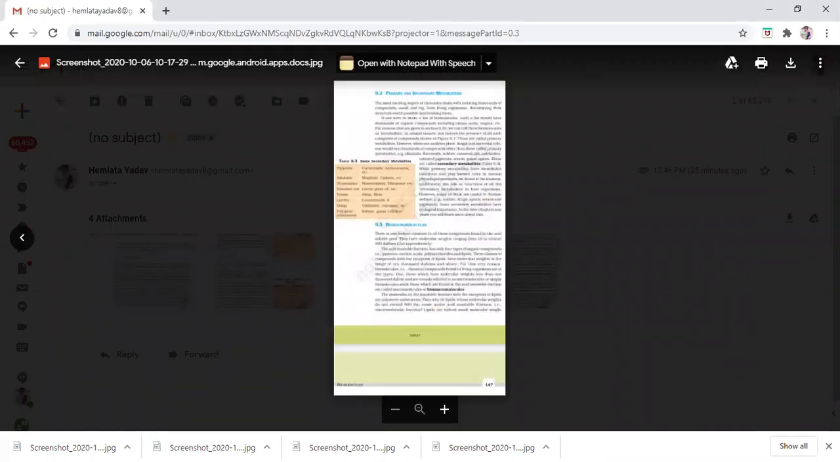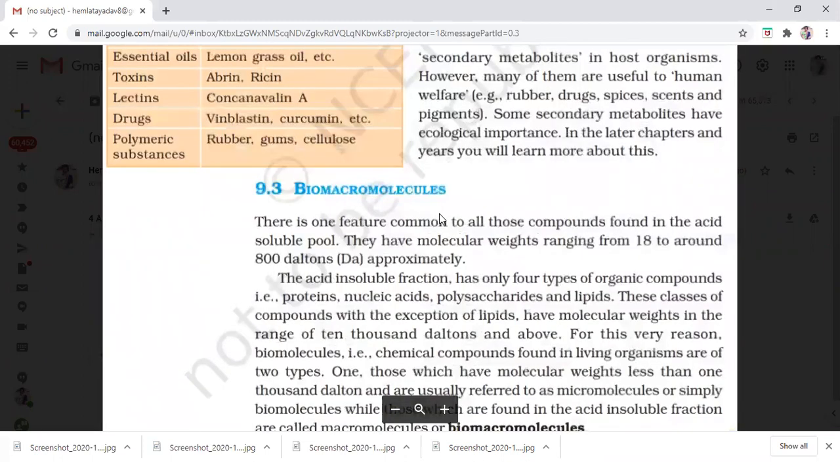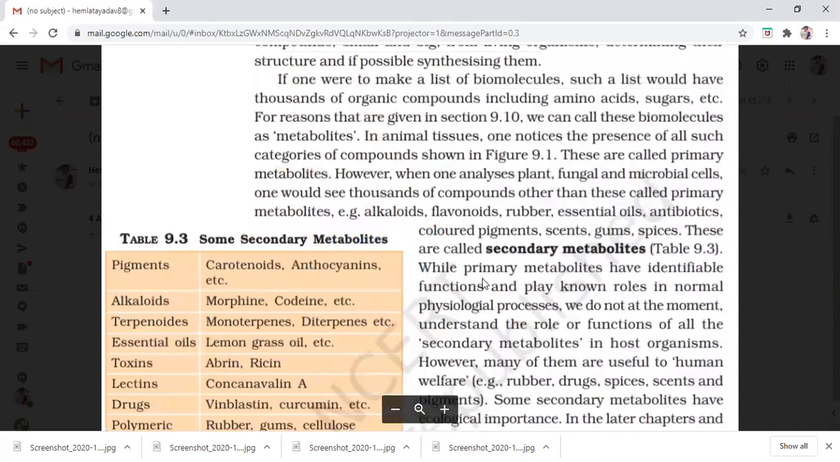So this is the topic which is there after this diagram: primary and secondary metabolites. Primary metabolites are very simple. They are just the monomers which we have just studied. Sugar is a primary metabolite, glucose is a primary metabolite, starch is a primary metabolite. These are the things which will be directly used in the organism's reactions, which will be directly either broken down